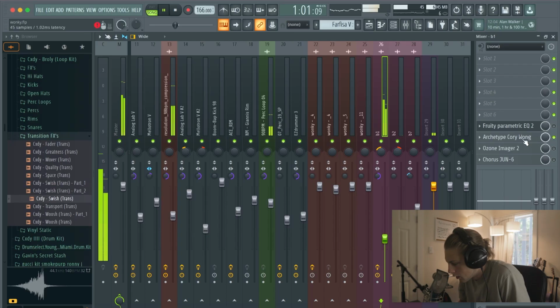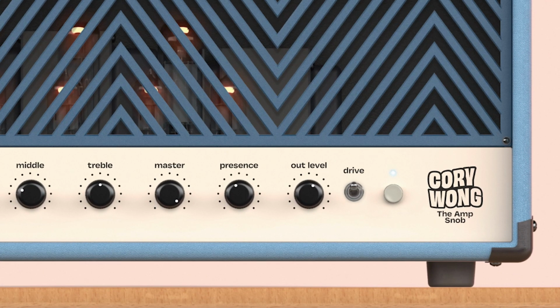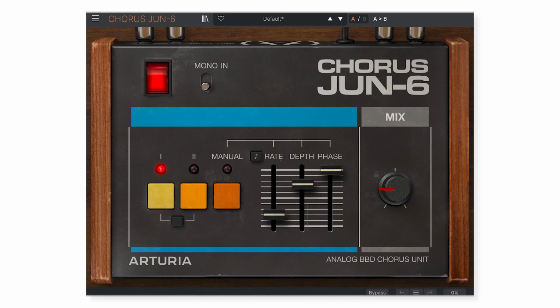Barely audible. This guitar amp here is just Archetype Cory Wong on the default preset, but I have this drive knob flicked up. Sometimes I'll throw this bright knob up, but I'm leaving it down here as well. Then we're just messing around with the presence and the treble. We have a chorus,